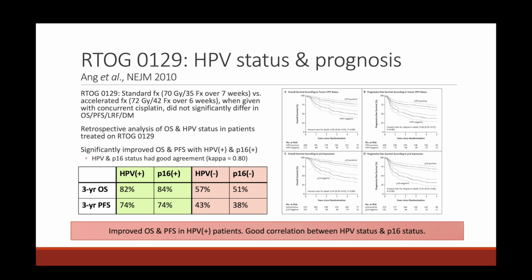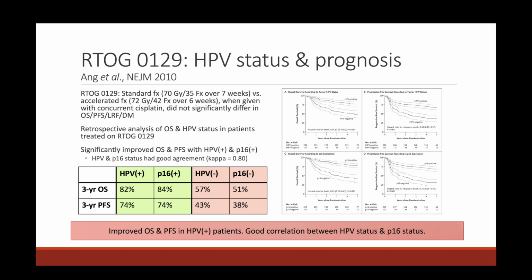So just like we have learned, RTOG 0129 mirrored or paralleled what we already know, and it showed that there was no significant difference in any of the outcomes between the two different radiation regimens because, again, they were giving concurrent cisplatin. So from that standpoint, it was negative. However, from the patients that were treated on RTOG 0129, they performed a retrospective analysis of overall survival and HPV